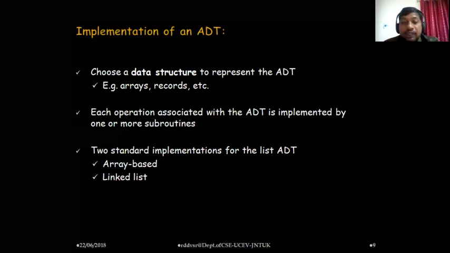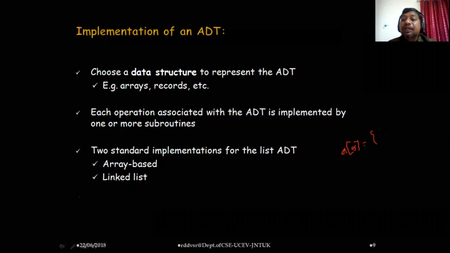The other one is that there is no boundary check in array implementation. Boundary check, in the sense, suppose you have declared an array of size 5, and you can do something like this: array of 5 equals 1 2 3 4 5 6 7.